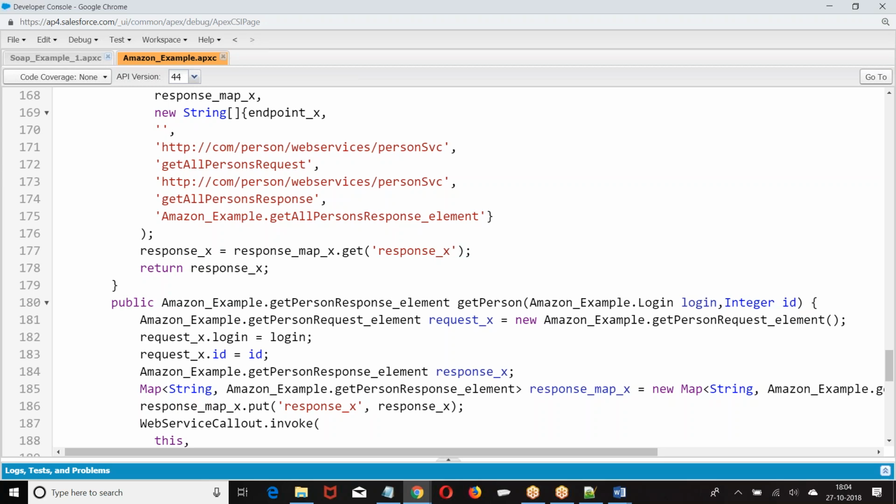Authentication data in body. Previous example, authentication data in header. Here, authentication data is in body. If it is not in the body, there will be a header. I have to pass either in the body or header. In the body, if they are asking you to pass it like a parameter, I will pass it. Or else I have to put the authentication data in the header element and pass it.